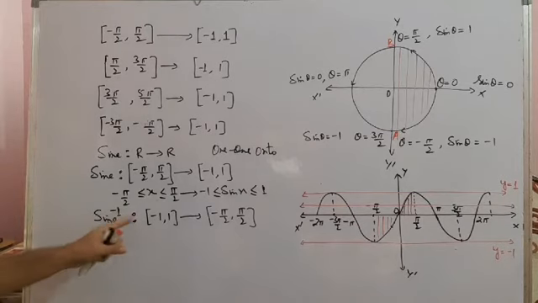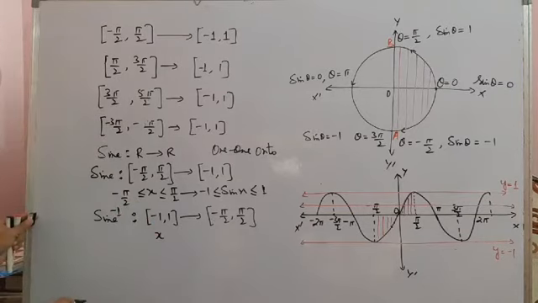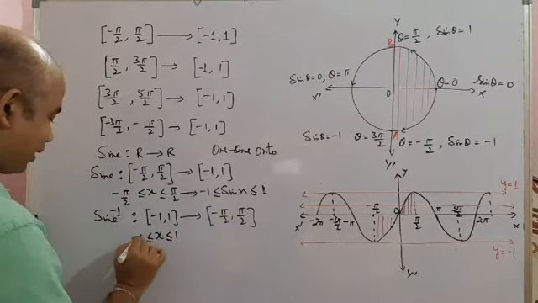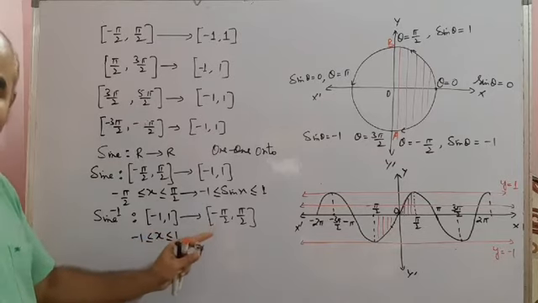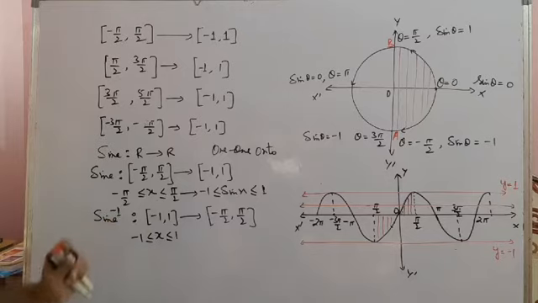Inverse of sine is now a function from the closed interval minus 1 to plus 1 to the closed interval minus pi by 2 to plus pi by 2. That means if x is a pre-image, then x must be an element of the interval minus 1 comma plus 1. That means x must be a real number greater than or equal to minus 1 and less than or equal to plus 1. If x is less than minus 1, or if x is greater than plus 1, then x is not an element of this domain, so you cannot find the image of x in this function sine inverse.